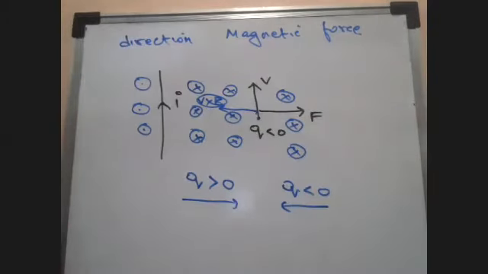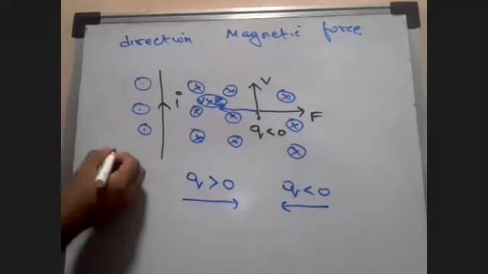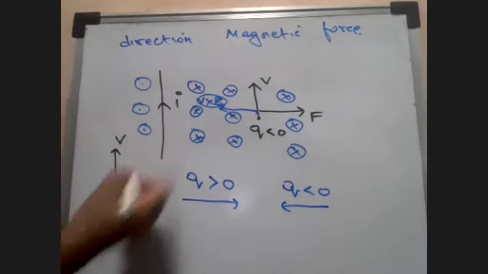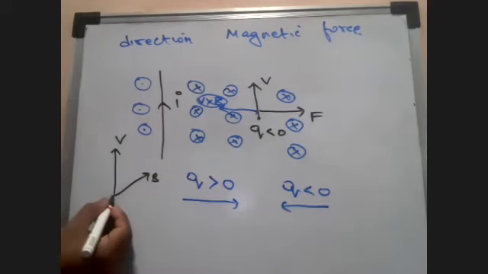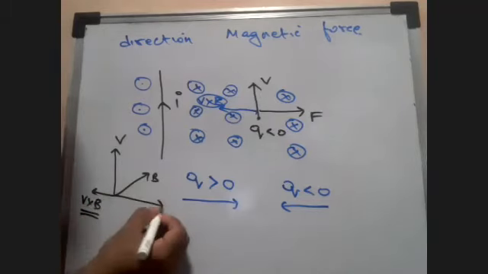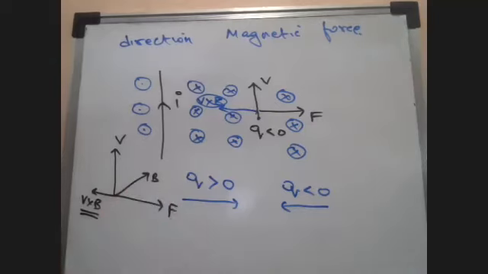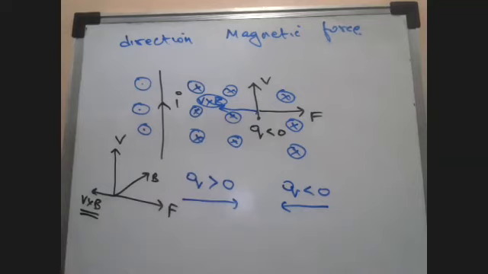Has everyone understood this? Simple graph you can draw here. The velocity vector is upwards. Magnetic field is inwards. Although I am getting V cross B here using the right hand thumb rule, the force will be towards the right hand side because the charge is smaller than 0. Here you have to always see the conditions in which you are solving the question. That is important. Okay, let's go to another one.